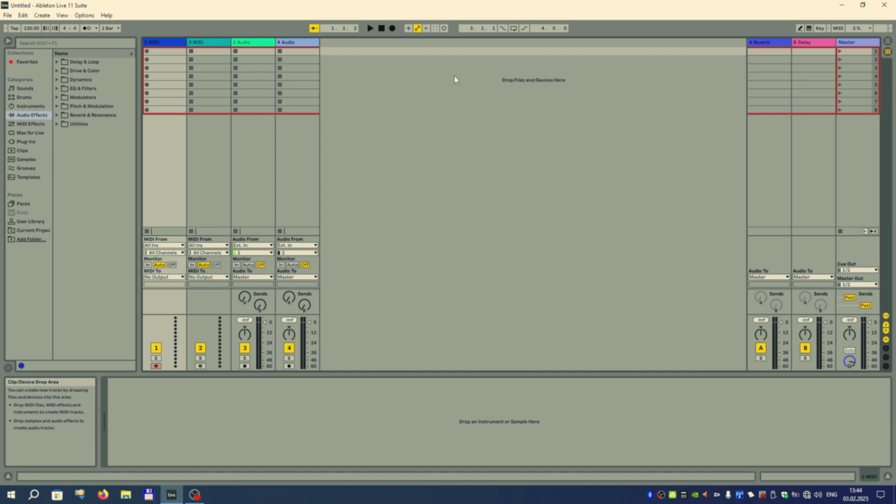And as you can guess, this view is most suitable for loop-based production, so for beat makers it would be the best fit. And before Ableton Live 12, this view was also used as a mixing desk because it has track faders. And now you can do the mixing routine in Arrangement View as well.